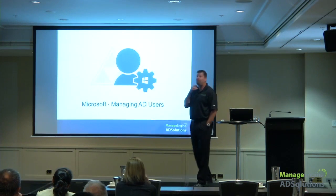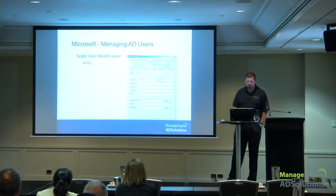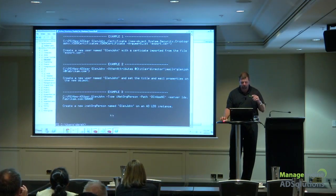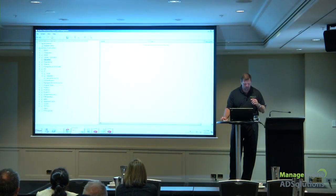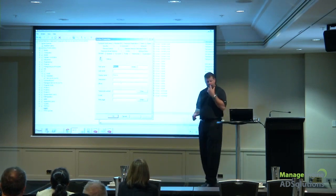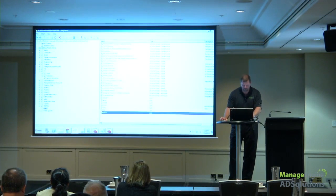Now, what about managing 80 users? What does Microsoft provide for this? Well, if I just want to go in and manage a single user, that's actually very easy. I simply go to my user and I double click it, and right here I can manage my user. Now, what if I wanted to manage multiple users? Well, I would pick multiple users, and